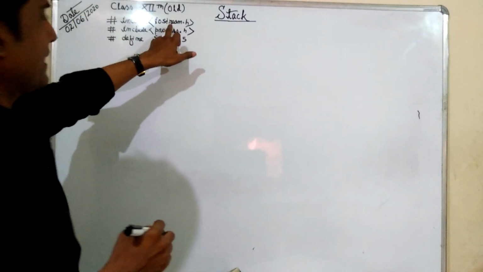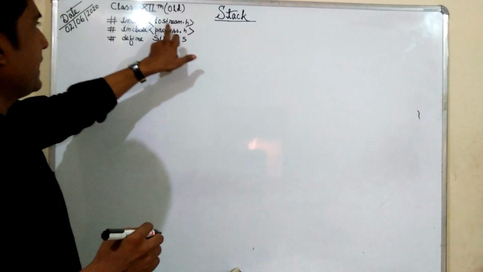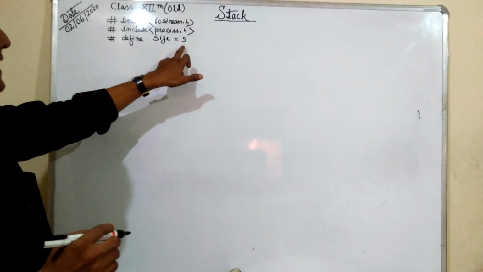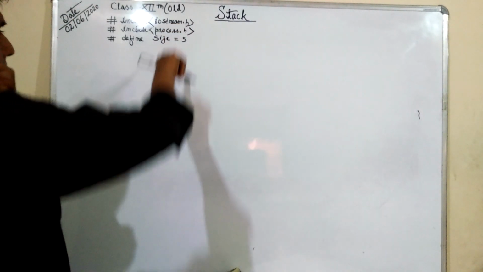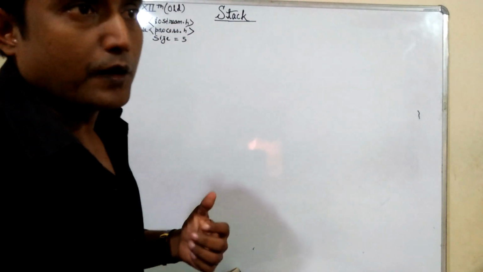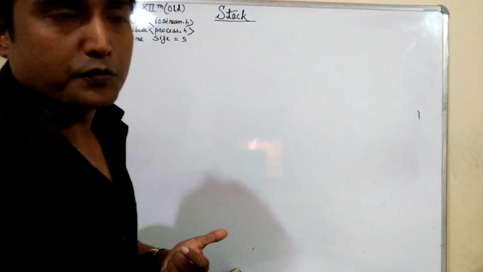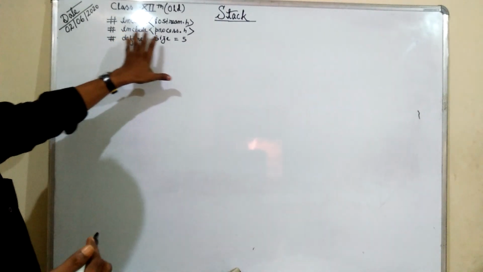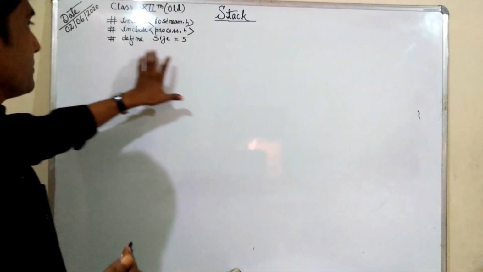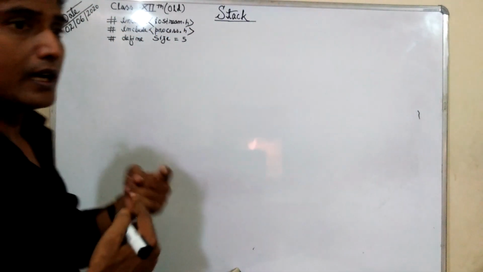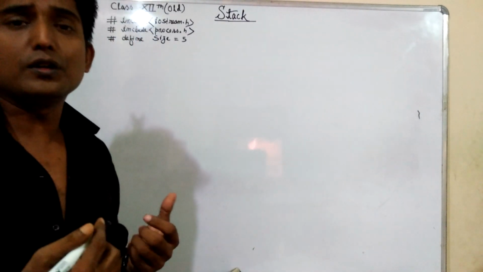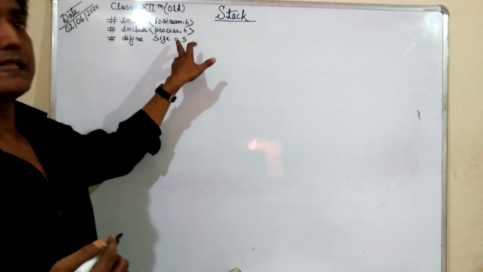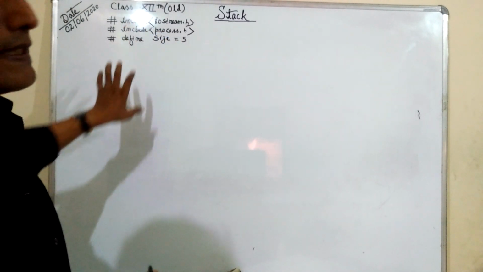So students, I have taken the header files iostream.h and process.h, and defined size equal to 5. iostream.h is used for performing basic input output functions like cout, cin. And I have included process.h because we are going to use a constant variable like size. I have declared size equal to 5, so it's a constant.